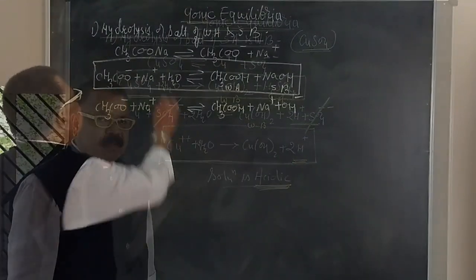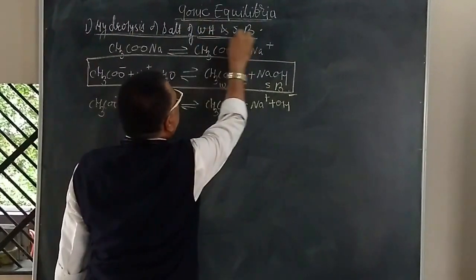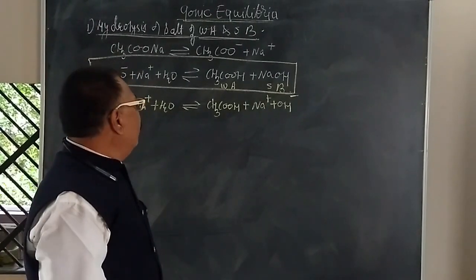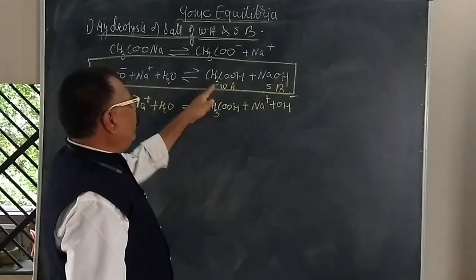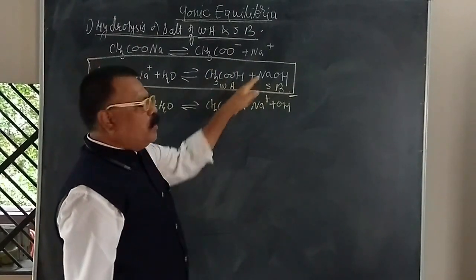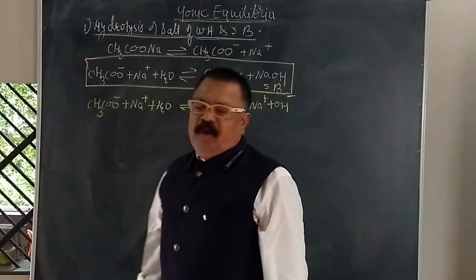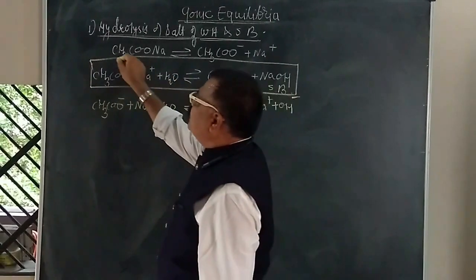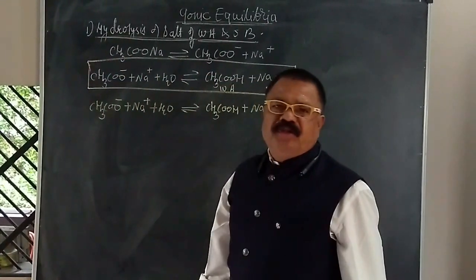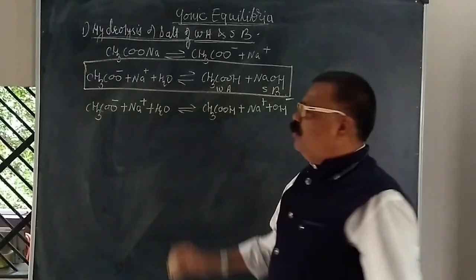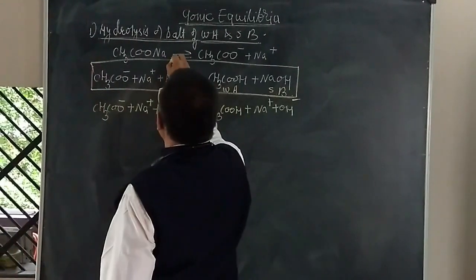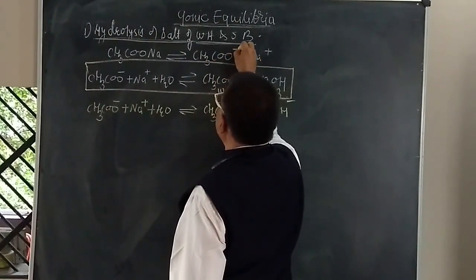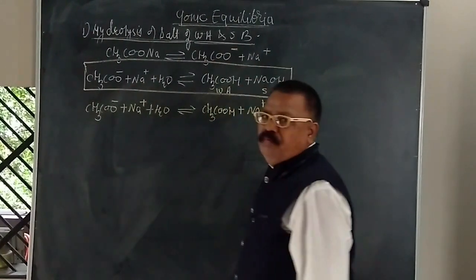Okay. The next hydrolysis is the hydrolysis of the weak acid and the strong base, where the weak acid is CH3COOH and the strong base is sodium hydroxide. So when this acid reacts with the strong base, it produces sodium acetate, CH3COONa. After the dissociation of CH3COONa, it gets converted into the ion CH3COO negative plus Na positive, and